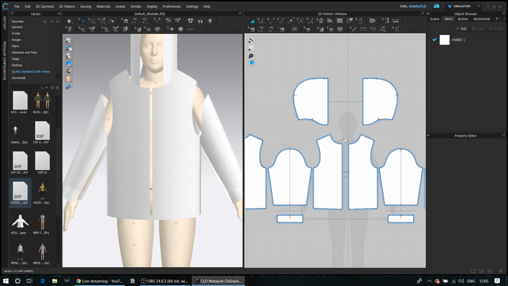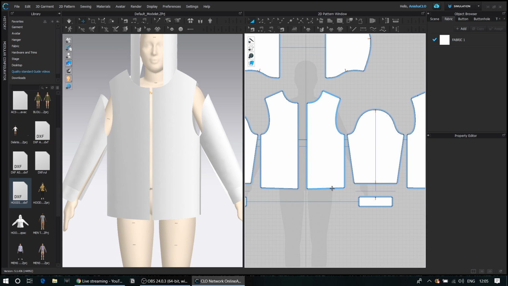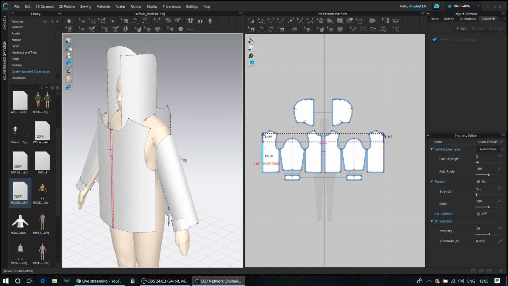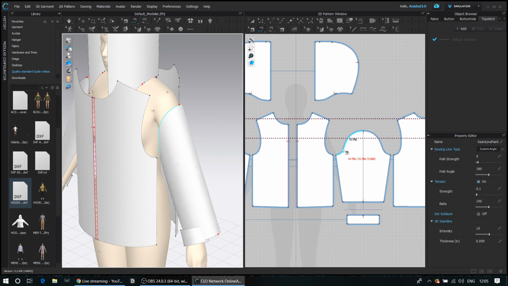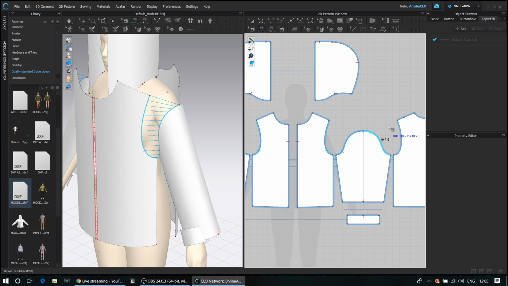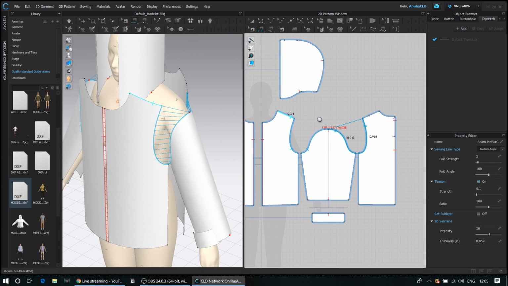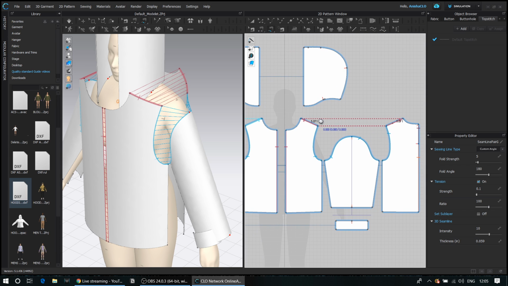Now you can see this blue halo around all these patterns. So that means that your patterns are linked. So whenever I'm making any changes to one side of my pattern, that will be replicated on the other side of the pattern as well. So if I'm making stitches like this, you can see automatically that it gets replicated on the other half as well. So let me just sew the neckline to the hoodie pattern,